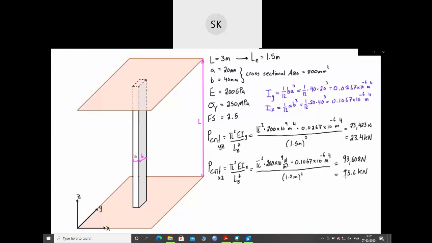So now what we do is we select the smaller load as our actual critical load, because obviously if you surpass the smaller load to get up to the bigger load, you already would have buckled in that direction or in that plane. So if we're asked to find the allowable load for buckling with some safety factor, we can do that. We just take our factor of safety, which is equal to the ultimate load over the allowable load. So we can just rearrange that so we get our allowable load